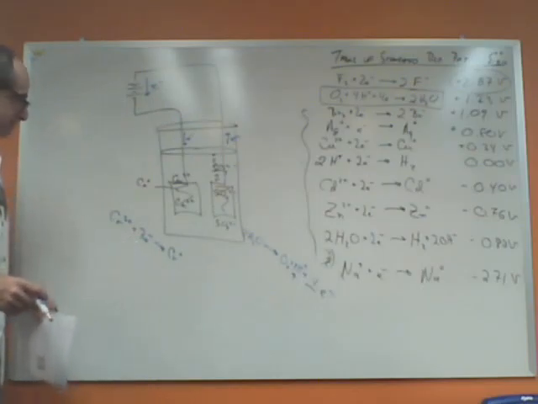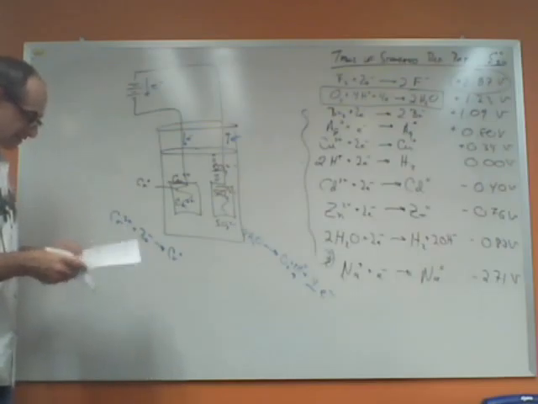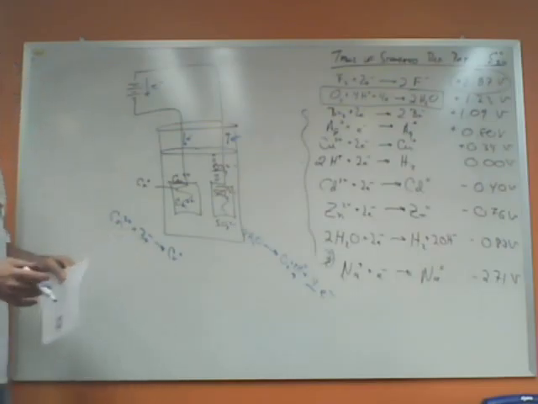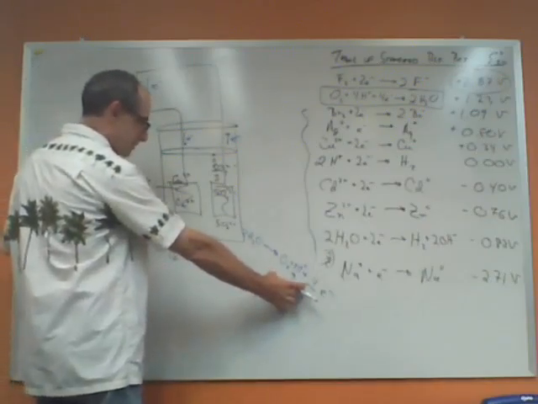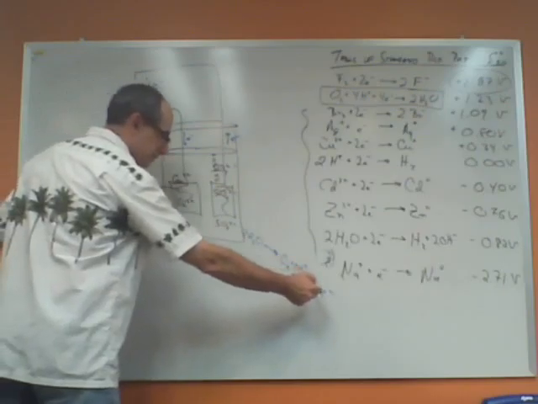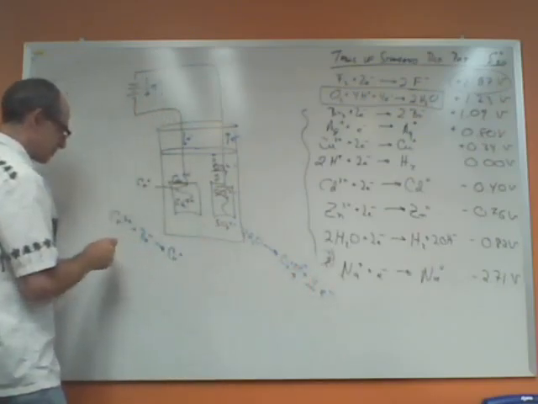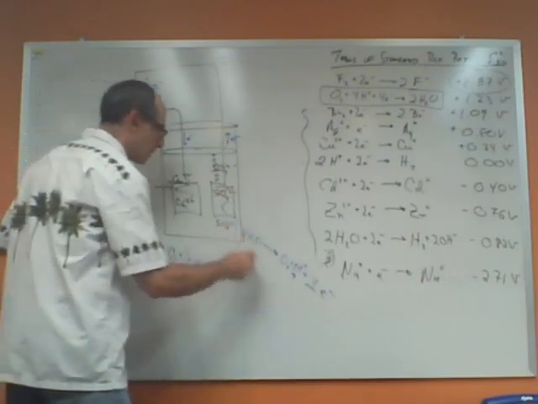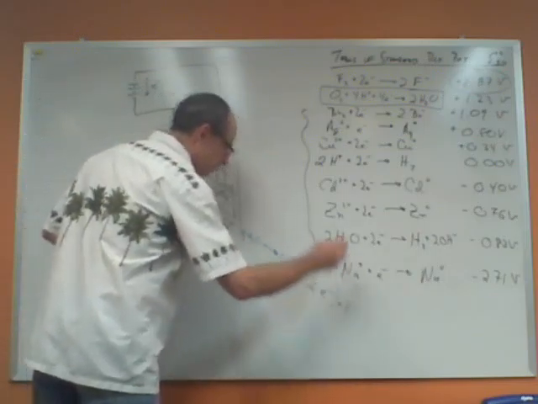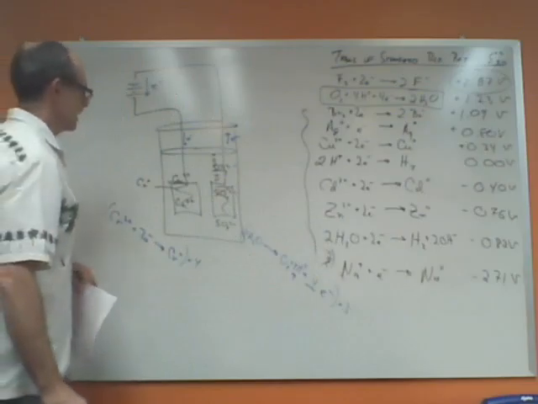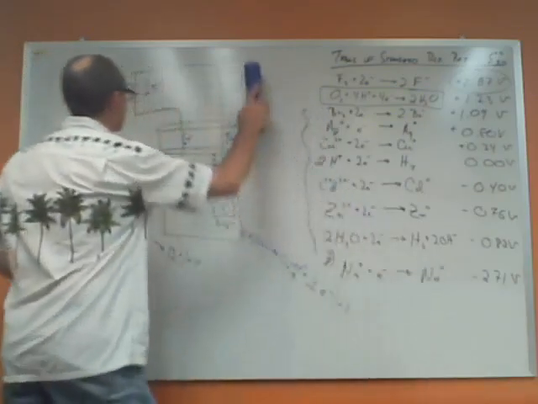Part C of this asks us to write the balanced net ionic equation for the overall electrolysis reaction that occurs as a cell operates. In other words, combine these 2 half reactions, being careful to cancel electrons. 3 electrons consumed, 4 electrons produced. The least common multiple is 12, so I need to multiply that by 4 and multiply this whole half reaction by 3, whole half reaction. And what I get when I do that